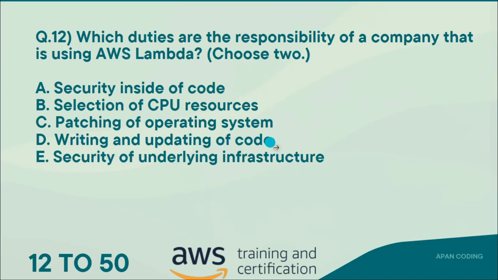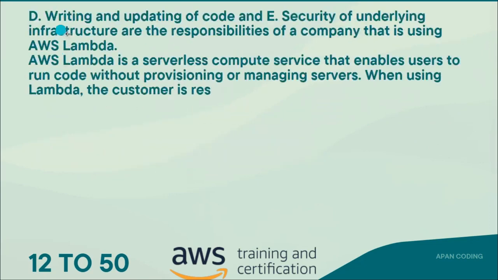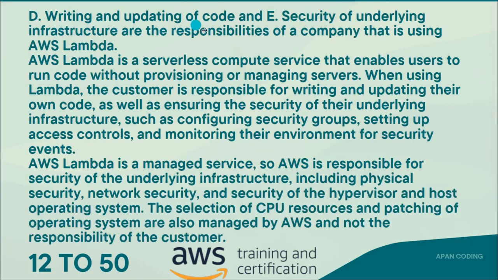Writing and updating of the code in the Lambda service, and security of underlying infrastructure. All right, so you can see here, friends, writing and updating of the code and security of underlying infrastructure is a responsibility of a company that is using AWS Lambda, because AWS Lambda is a serverless compute service that enables users to run code without provisioning or managing servers. When using Lambda, the customer is responsible for writing and updating their own code, and also